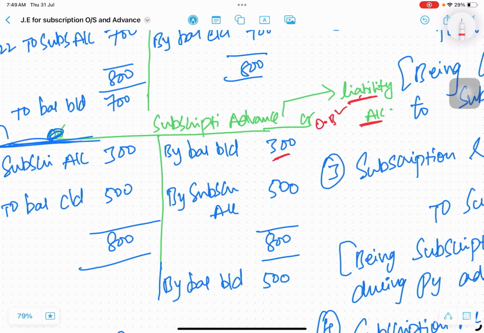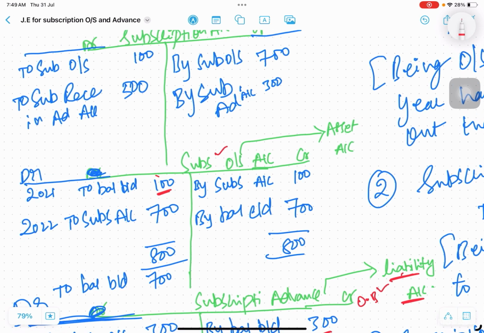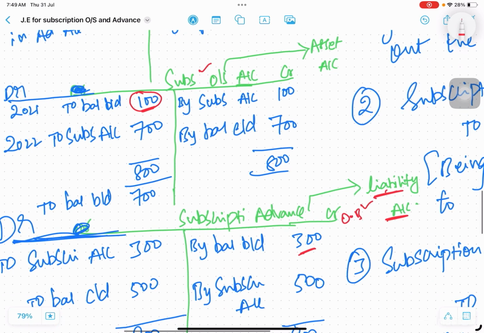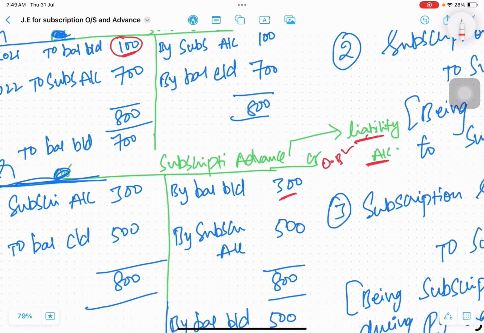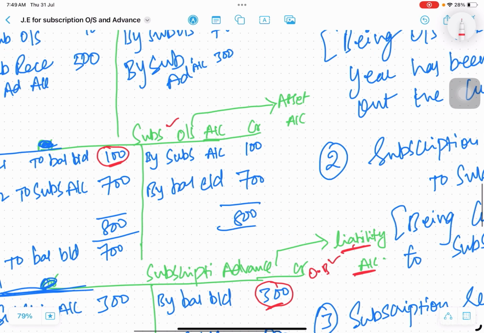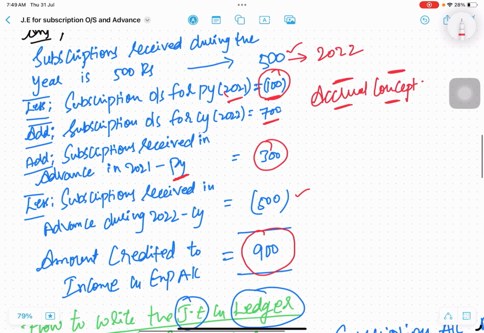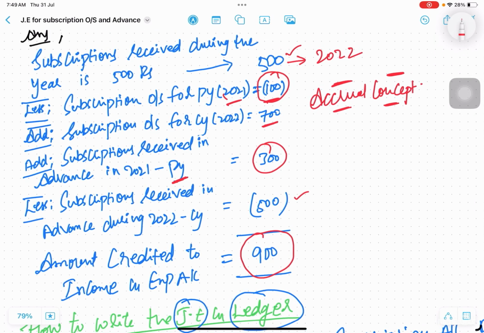Understood? First what you have to do, immediately you have to write the opening balances. First draw the ledger accounts and immediately write the opening balances. That is the first step. Okay now? Yes. Now come to adjustments. Now whether last year's outstanding subscription is increasing the subscription account or not,